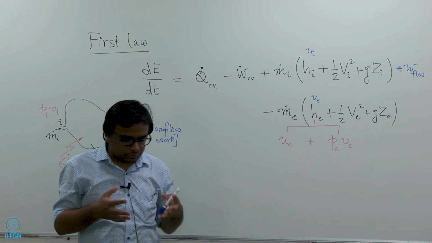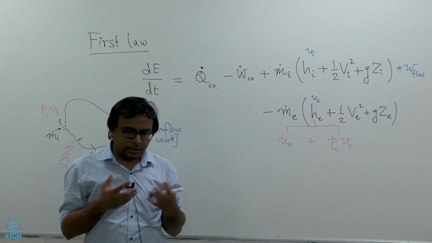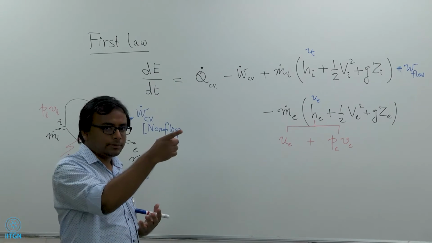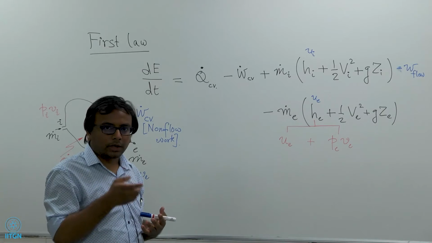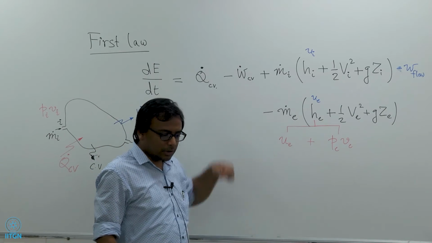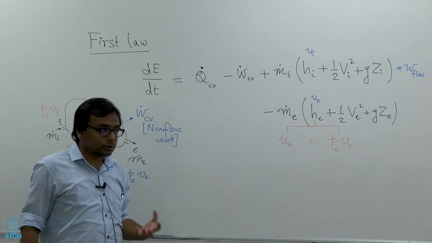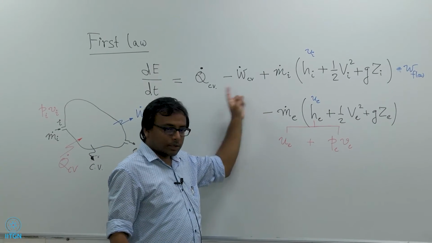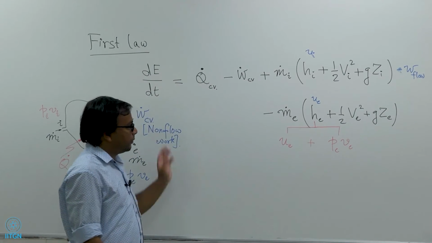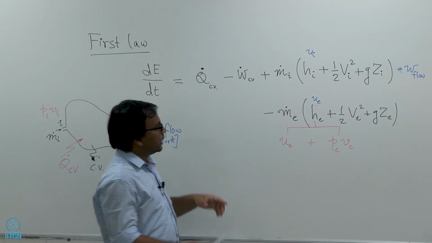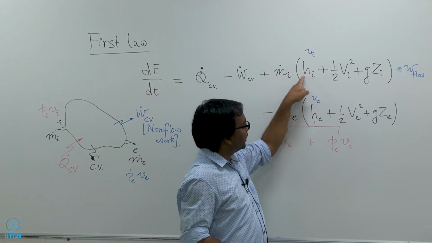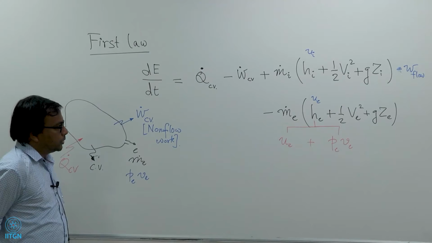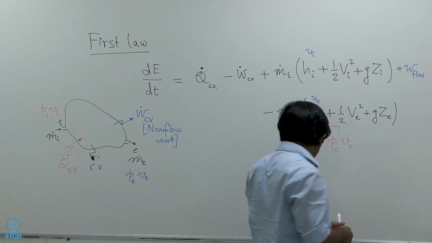If you consider a turbine, for example, the fluid that comes in rotates a shaft which generates energy. So, that rotating of a shaft is work done, and that you include here. Okay. So, these kinds of works which are non-flow work are all included in this term. Okay. And the flow work is taken care of separately by writing enthalpy here. Okay. So, this is the general picture.